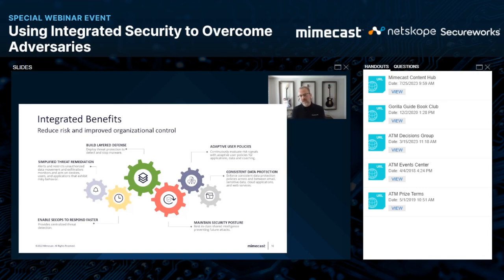So what really resonates with me here is enabling SecOps to respond faster. The faster we can observe these signals, determine it's a threat, and go to contain and mitigate the threat, the less harm is done to the enterprise. And then, moving up on this side, simplifying threat remediation.